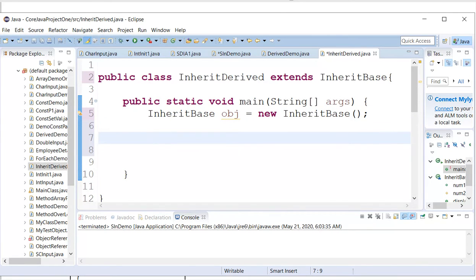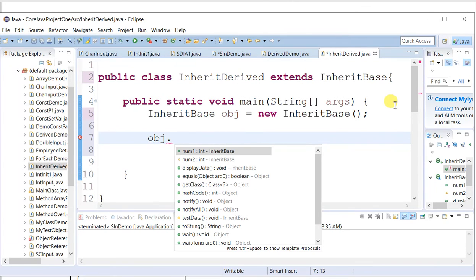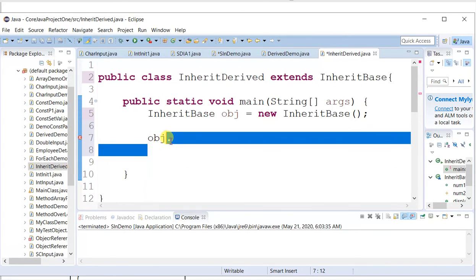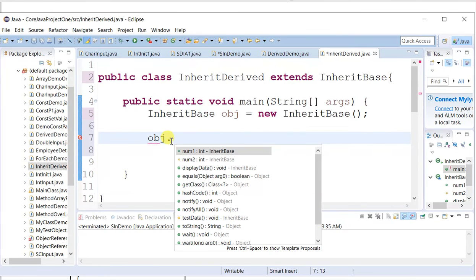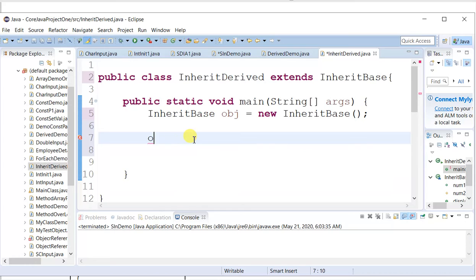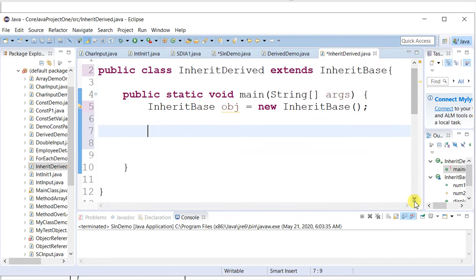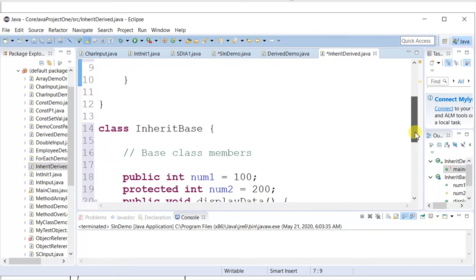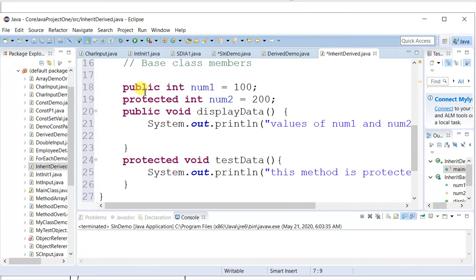Now, to access the members, say obj dot, you can see all the members, number 1, number 2, display data, and even we can see test data method. So, both the methods are accessible. Now, let us go again to the base class members. See, the number 1 is public access specifier, number 2 is protected access specifier, and display data is again public method and test data is protected.